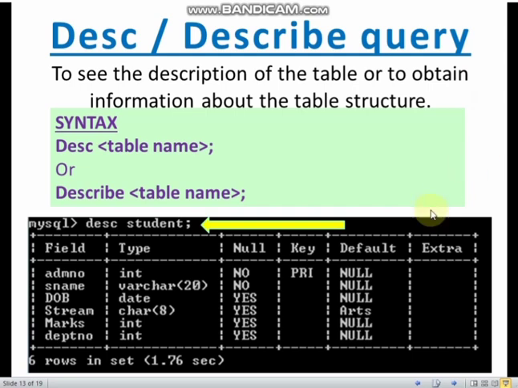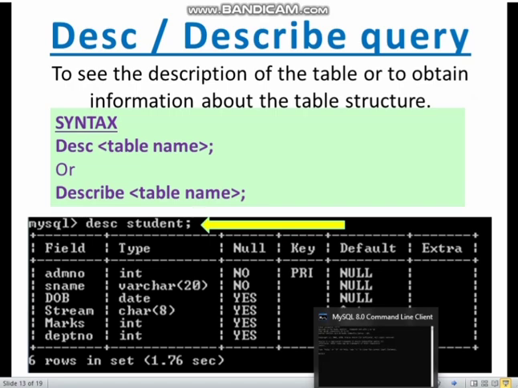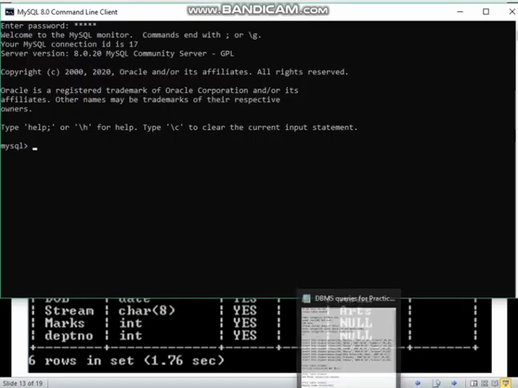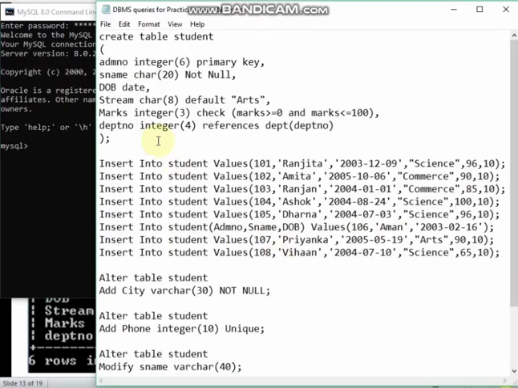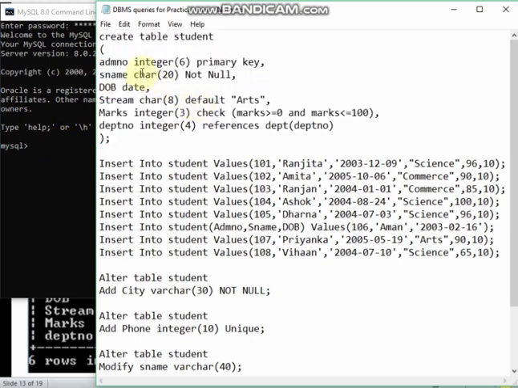And let us see practically how to create a table and how to see the structure of a table. So what I have done is I have kept the coding in Notepad. For creating a table I am taking this. The name of the table is student, admission number, and I have kept it as primary key, integer 6.